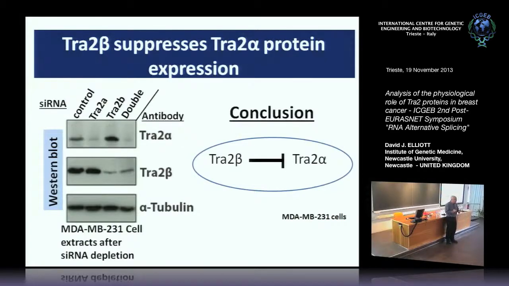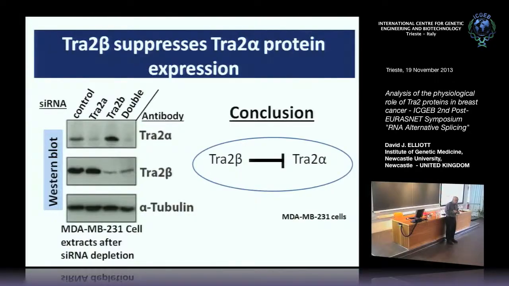So this wasn't a total surprise to us because previous work from our group had shown that Tra2 beta actually binds to a poison exon in the Tra2 alpha mRNA, but the strength of this effect was surprising to us. So this means that the Tra2 proteins are a bit like the PTB proteins. You've got a dominant protein and